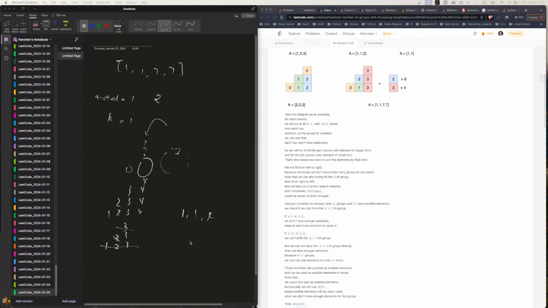If it's the same amount, then it will not be enough, right? Because we fill 1, we fill 2, and we cannot fill 3 because we don't have enough to fill 3, right? But if we have extra,